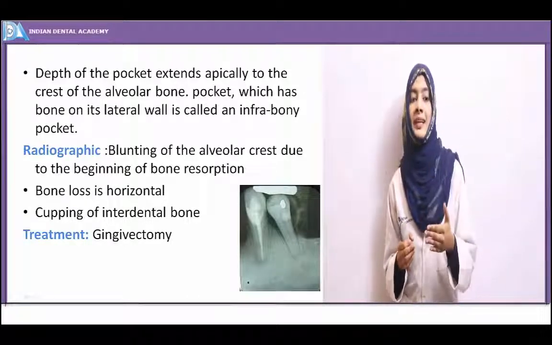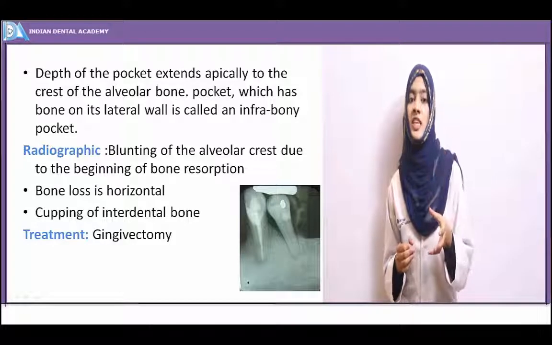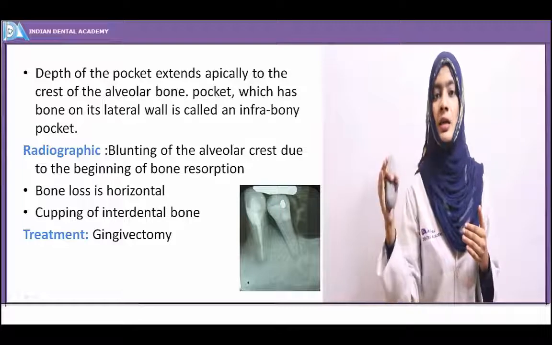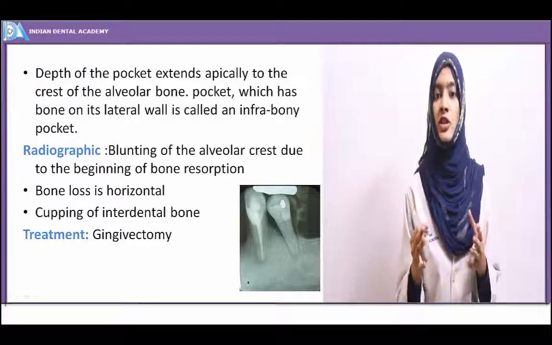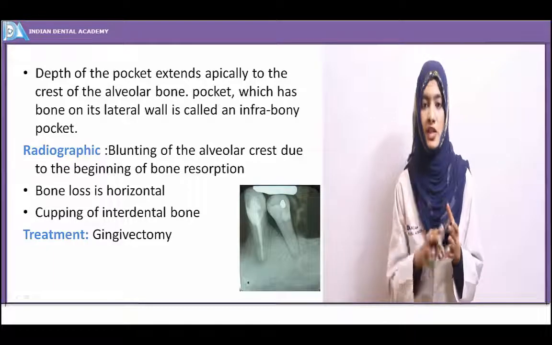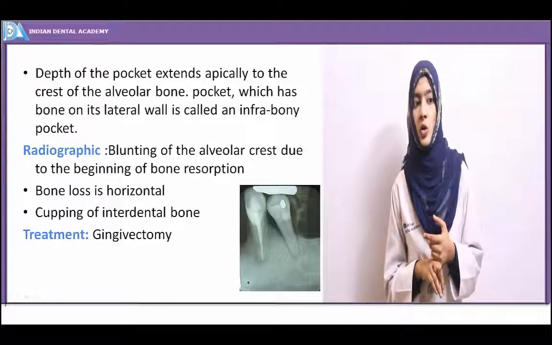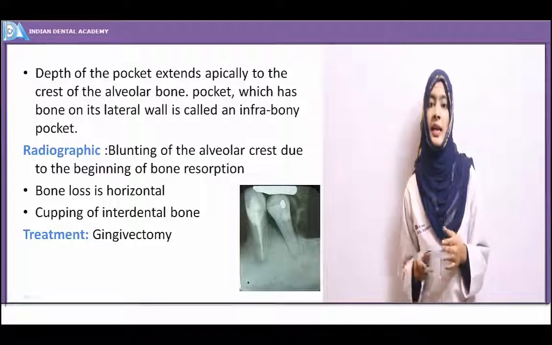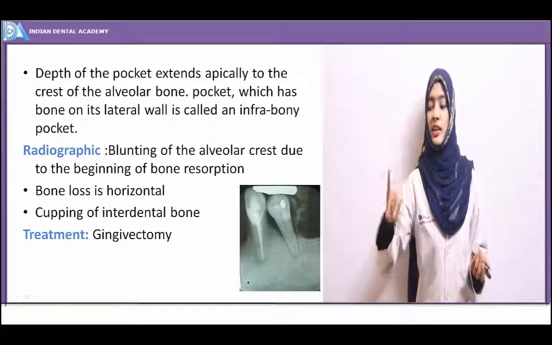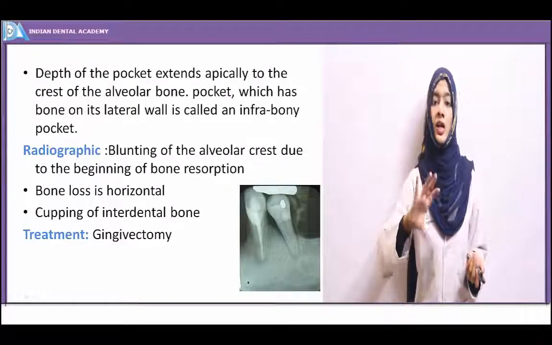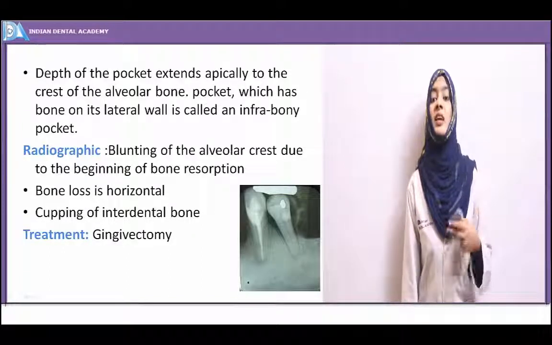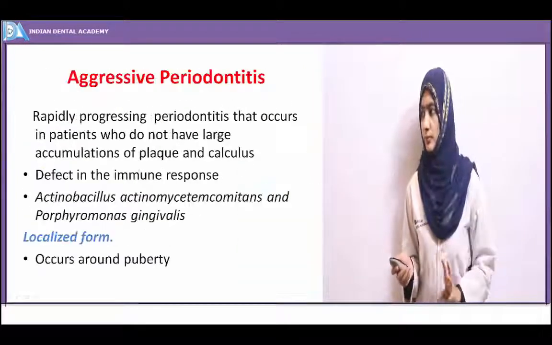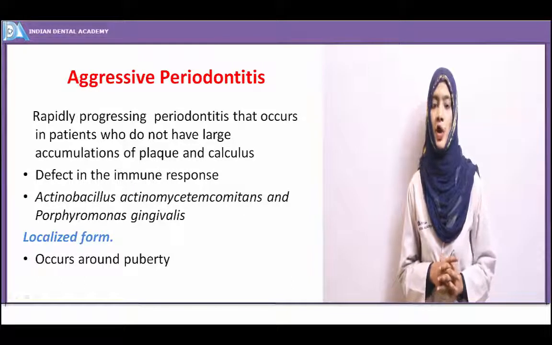Treatment for maintenance of gingival health is, first, to eliminate the periodontal pocket. You have to exclude the periodontal pocket by gingivectomy. Once you cause a recession to happen, then at a later stage, if all the irritating factors, the calculus and the food impactions, are under control, the gingiva gains reattachment to the surface of the teeth. So that's about chronic periodontitis.